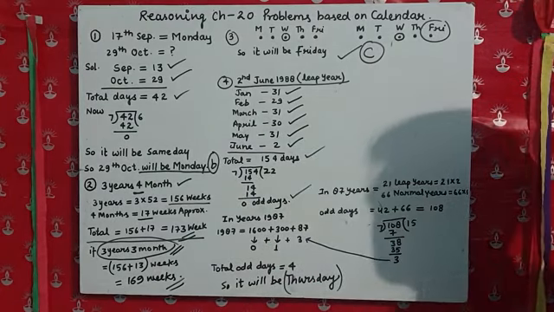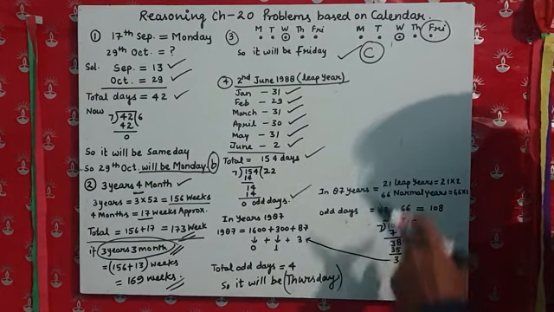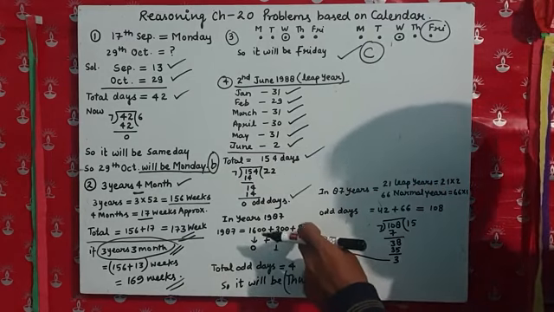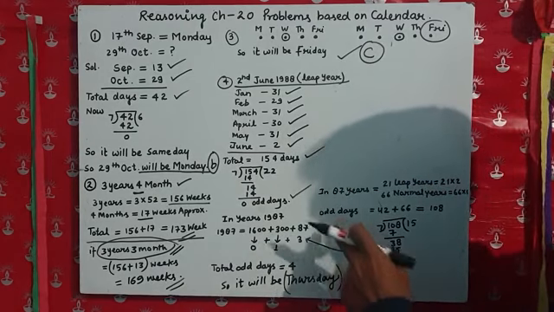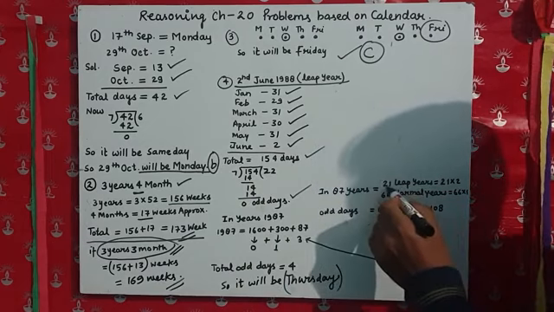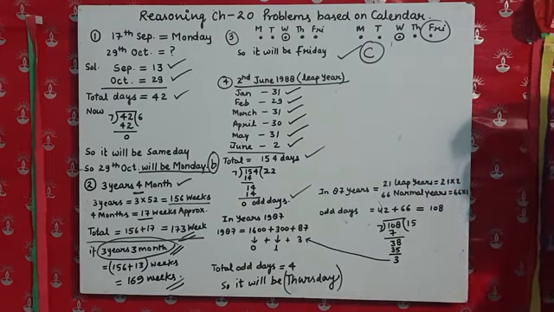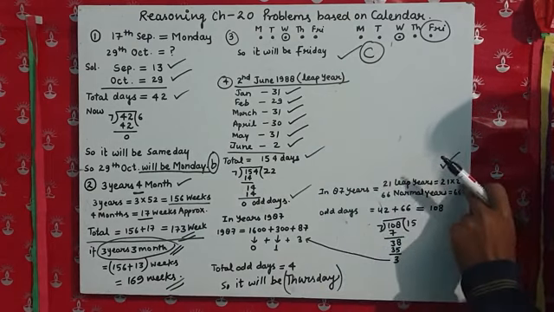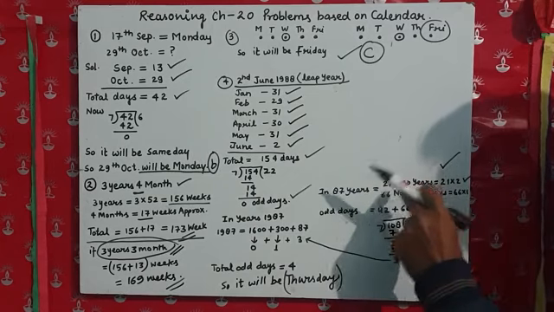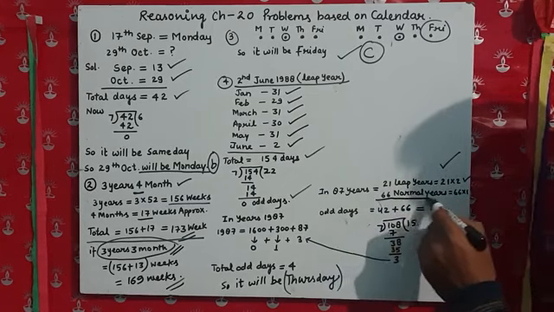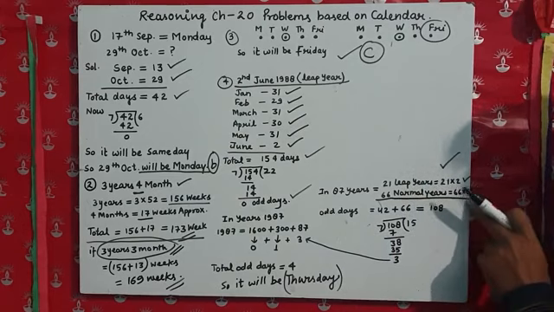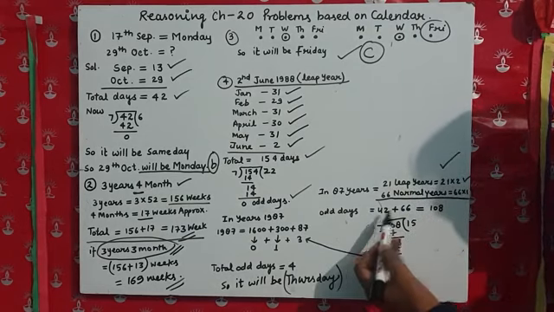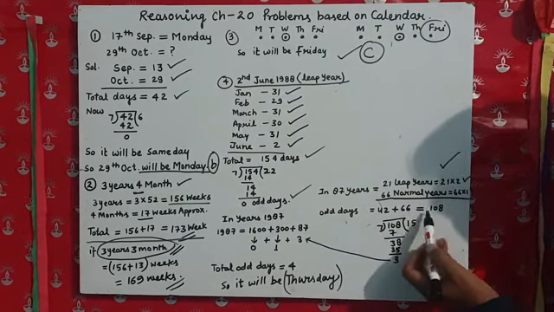As we know, if we divide 87 years by 4, we get exactly 21, because 21 fours are 84. So 84 means there are 21 leap years. For leap years we multiply by 2, which gives the odd days in the 21 years. And now there are 66 normal years, where we always multiply by 1. So 21 twos are 42 and 66 ones are 66. The total will be 108.